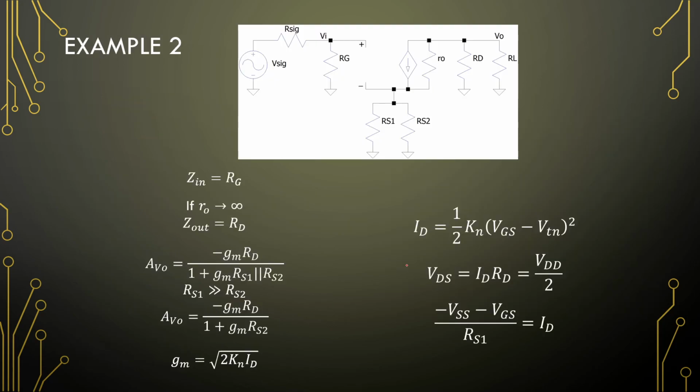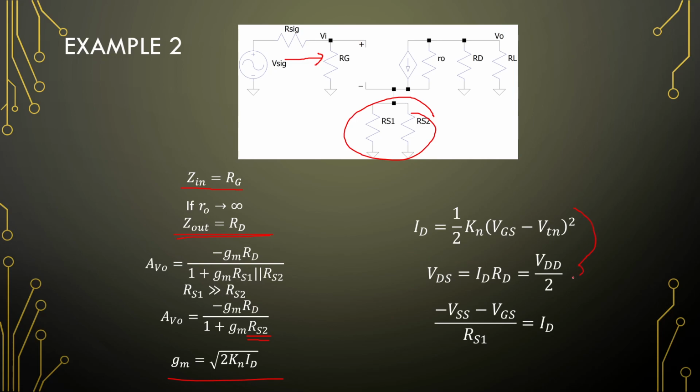Right. Okay, so first, small signal model. What do we know? The input impedance of this amplifier will be our gate resistor. The output impedance will be the drain resistor. And the gain will be minus gm RD over 1 plus gm RS1 parallel to RS2. So these two in parallel, but if the source resistor for the bias is much greater than the source resistor for the gain stabilization, we can reduce this to just gm RS2. We know what our transconductance is,